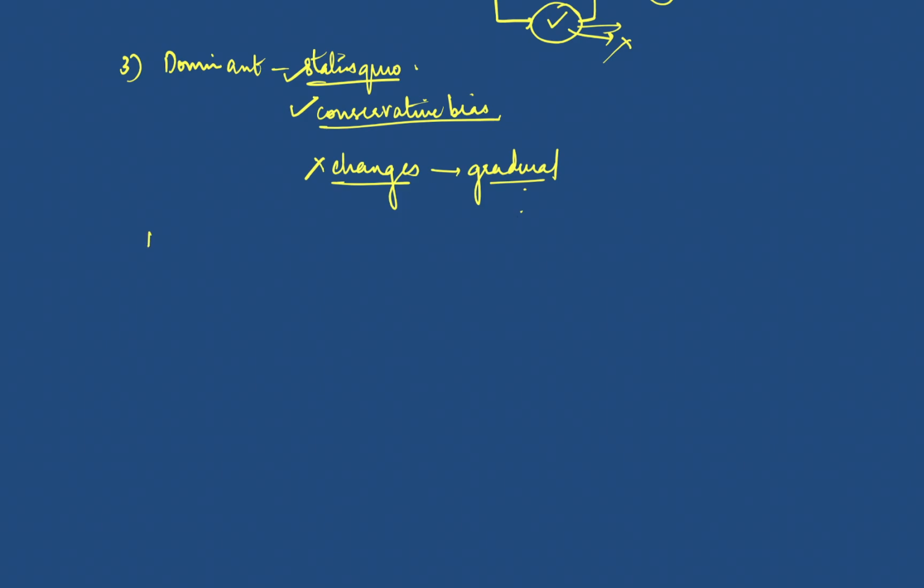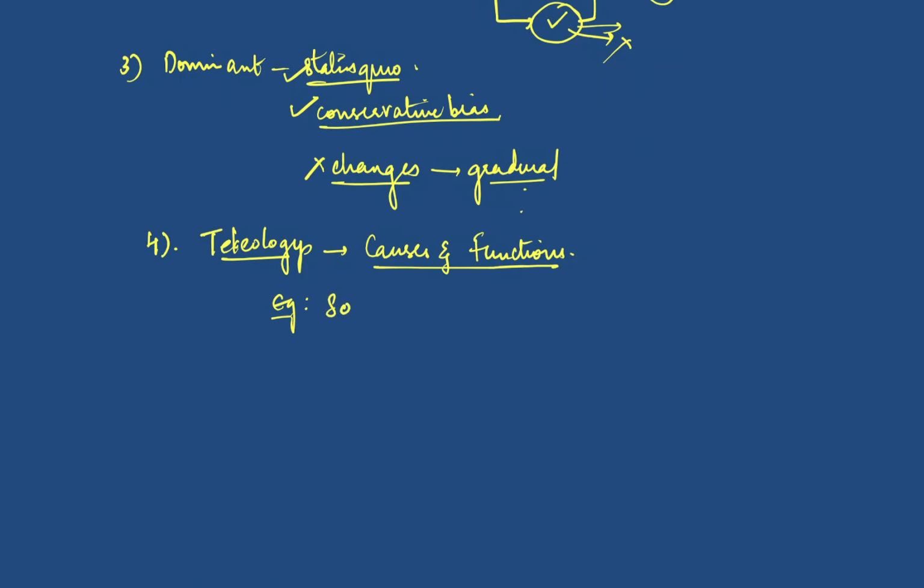So the fourth one is that they basically have this thing called the bias of teleology, right? So teleology basically says that causes and functions are the same, right? So for example, if we take an example over here, in the second paper we'll be studying this phenomenon called social stratification,